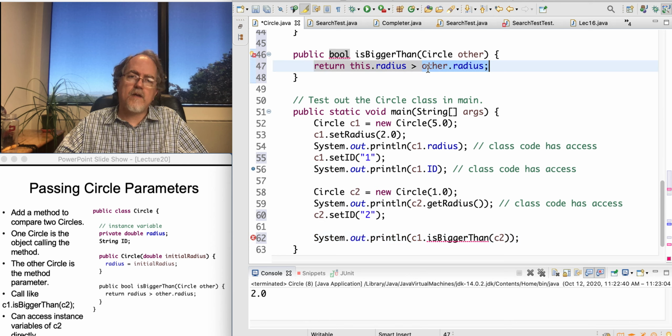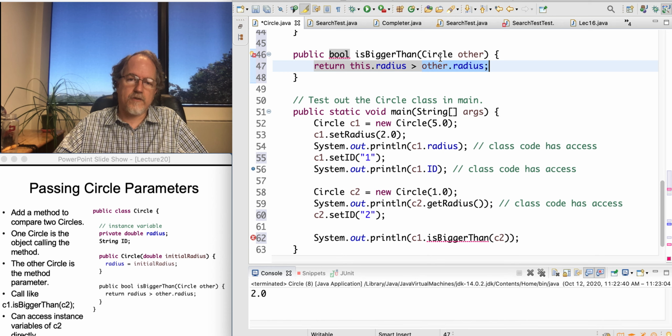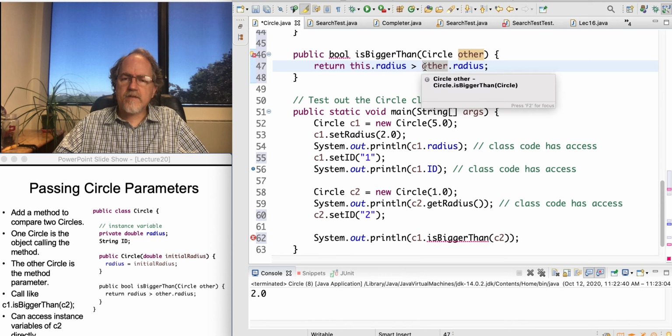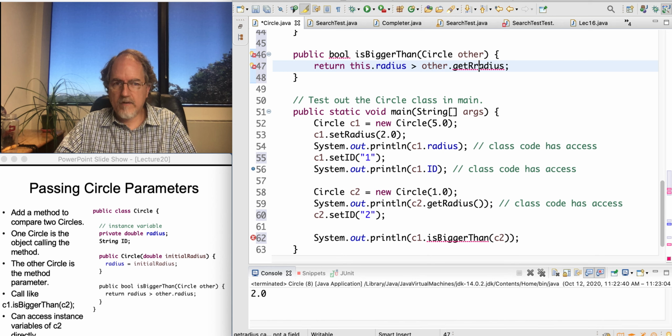Now, some people find this a little confusing. Here we can obviously access the instance variable of the object that was calling the method, so C1's radius. But we're saying radius is private, so why is other able to access radius directly instead of calling the getRadius